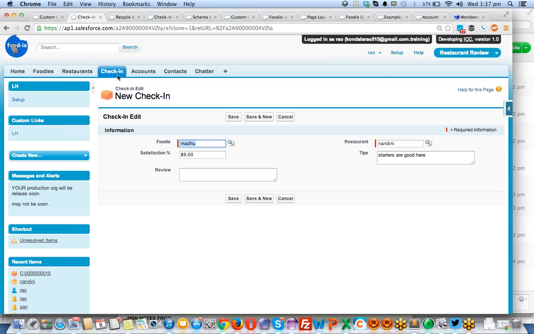This permission has been specially given for check-in. If you see, I have given only the first two permissions, read and create. That is the reason you cannot delete this record. That button is automatically disabled based on the profile permissions assigned to this particular person. A profile can contain hundreds of users, thousands of users also. All the thousands of users can have the same permission, where they can create only check-ins, but they cannot edit